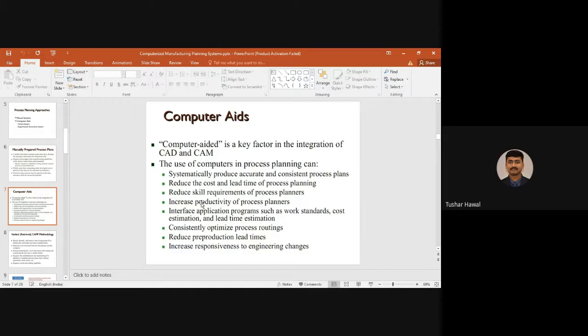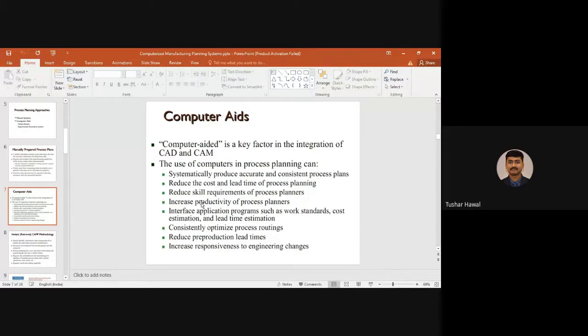In the earlier era, the process planners used to generate the data completely on their own. Now these computers can give most of the ready-made data to the process planners, who can take certain decisions based on the data which is available to them. So their productivity is directly increased. In the earlier case, where you required say 5 process planners, here where you have some help of computers, only 2 people can do the job, because they are all getting the data at the click of a button. Ready-made data is available to them very quickly.